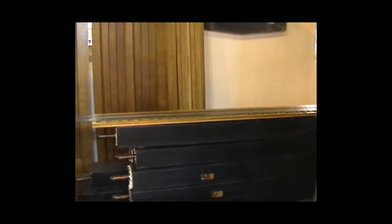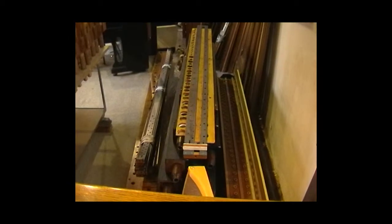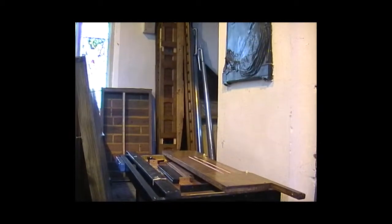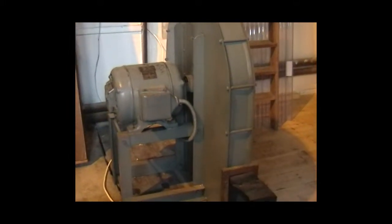Wood's no longer seasoned in the way it was once, of course. Forster and Andrews, in fact, maintained their own forests, and wood would be left for 10, 5 years, whatever, air drying. Right. And one other task we should do then is to move the blower to its new position at